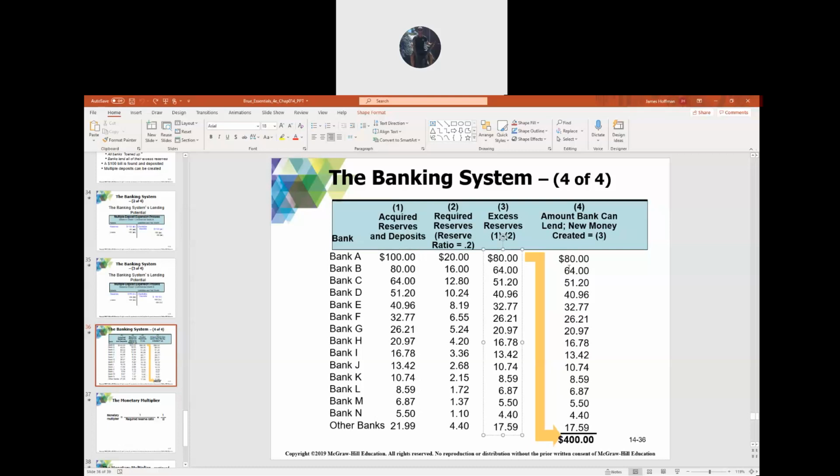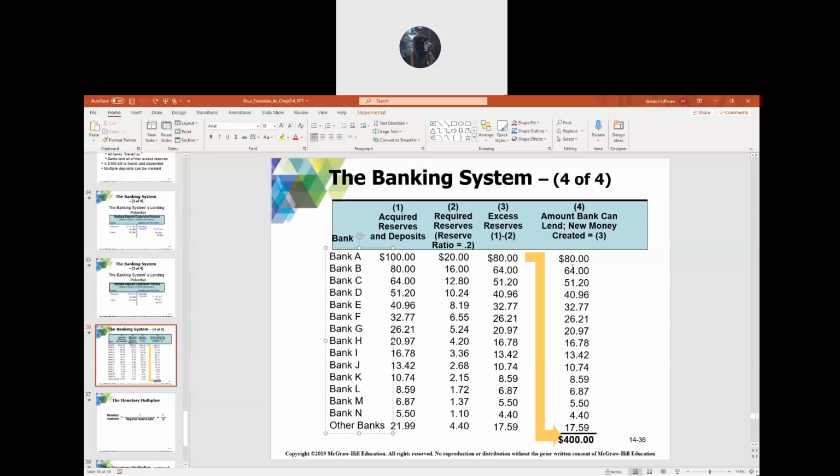Okay, and then Bank B is going to lend out the 64, and then this customer is going to take the $64 and buy, I don't know, a video game, and then the video game company will deposit the $64 in their bank, Bank C, and you see this trickle down effect. So each time there's a little bit less created, but it keeps going, where the bank lends out again and the customer buys something, and the bank lends out again and the customer buys something, and we get,